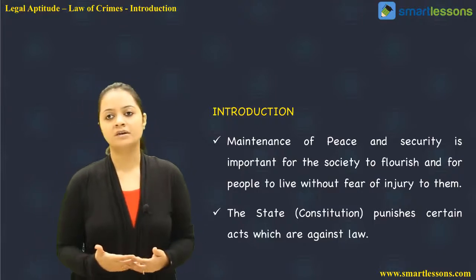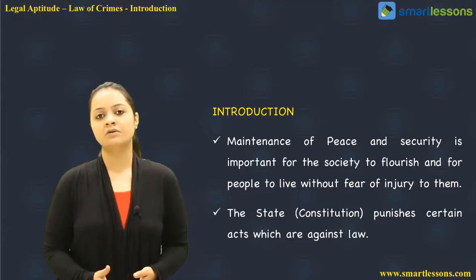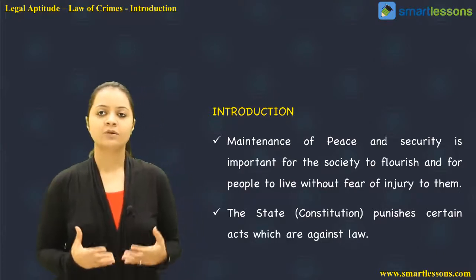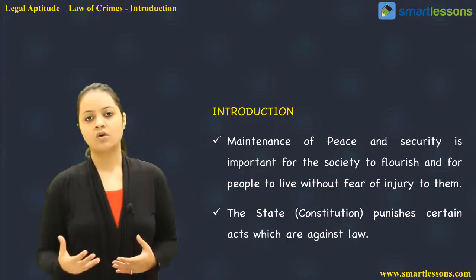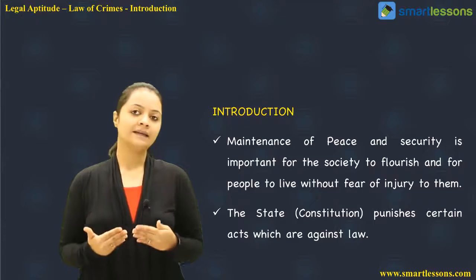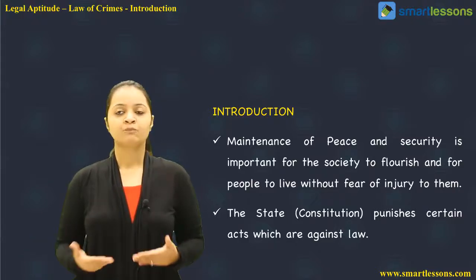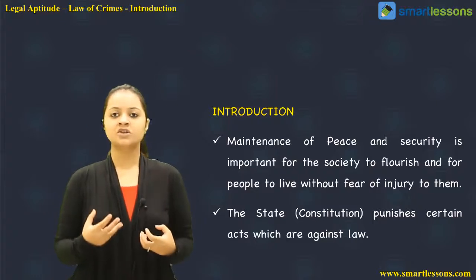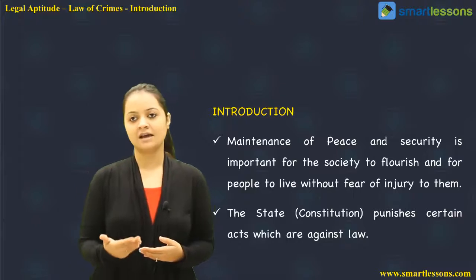So to maintain peace and security is the most important and ultimate aim for society to flourish and for people to live without fear of injury to them personally or to their property. That is why it was very important to introduce criminal laws so that crime could be administered. The state or the constitution punishes certain acts which are against the law. Some acts have been specifically defined in the acts concerned with criminal law, such as the IPC, Indian Penal Code, and CRPC. These acts have defined the acts which are against public policy and considered against the law, and these kinds of acts are known as crime